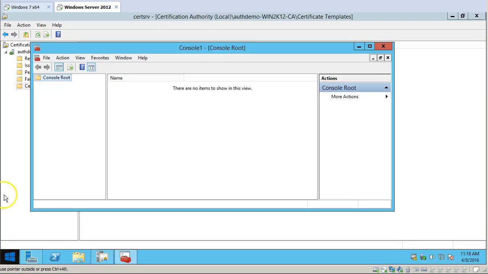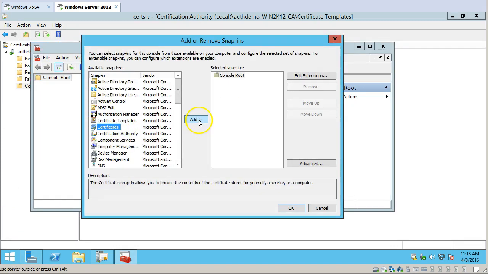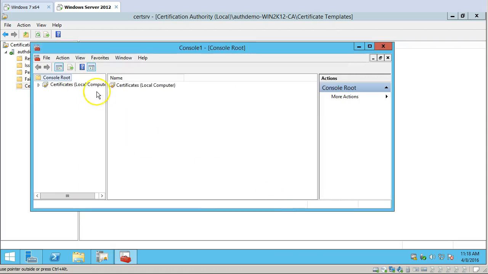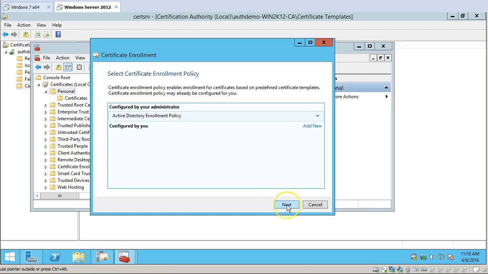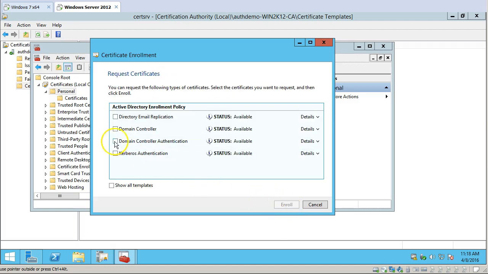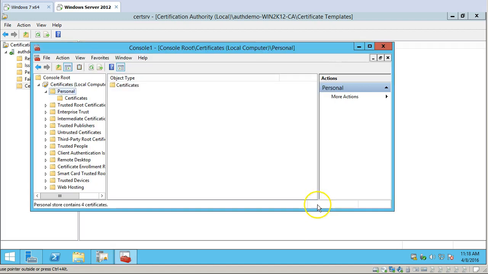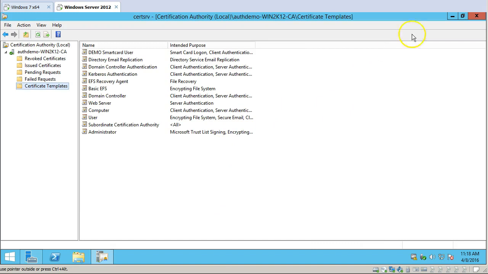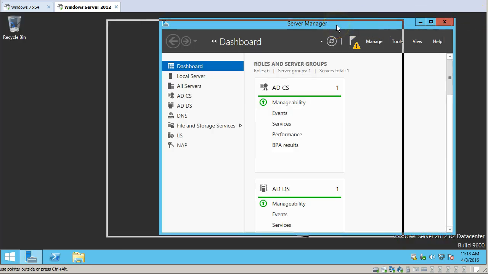Also, to enable the domain controller to validate a user based on his certificate, I need to add two more local certificates to my domain controller. And it's going to be my Kerberos authentication and domain controller authentication. Once I have my domain controller set up, this is the time to switch